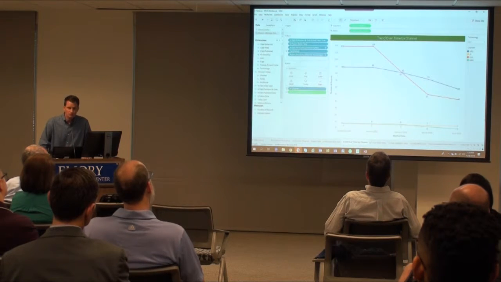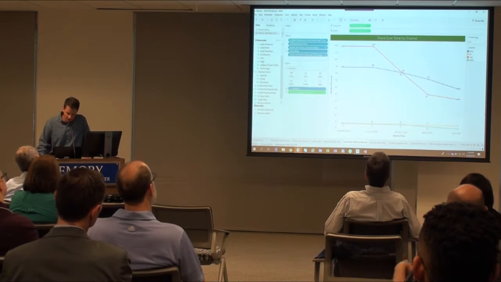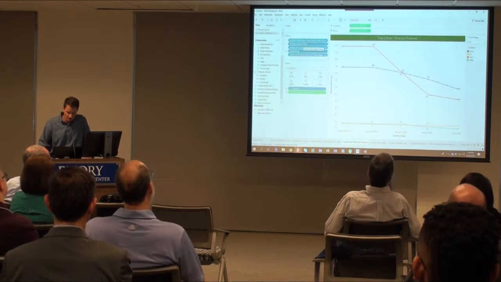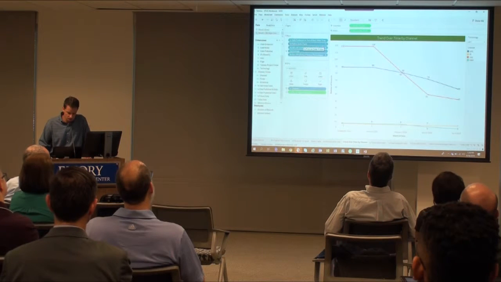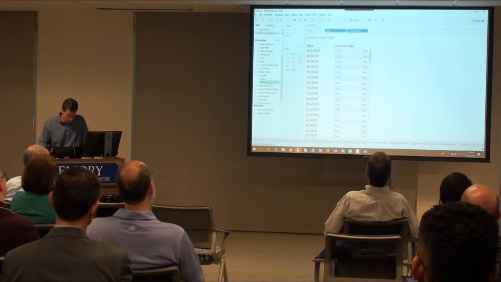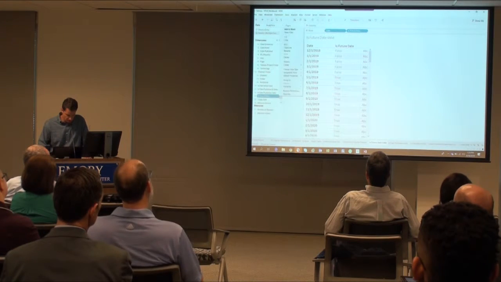Okay, so this is what we're going for. You'll notice here on the filter shelf, we've got a couple of Boolean filters in here, and that's where our calculations are going to come into play. The first one that I created is future date,